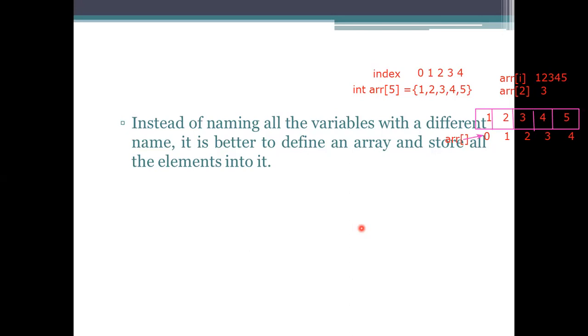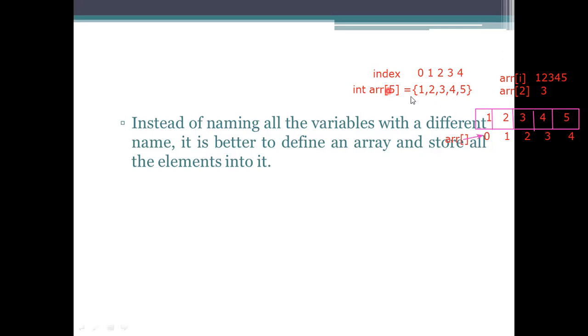and it allows us to access the elements we need. For example, I want to access only the third variable. The third variable is the one which resides at the third position, index 2. So an array gives the flexibility not only to store the values but also to access the values from the first, or you can specify in between also. You can access from the first, or pick any random element for further processing. If it is not allowing that, then there will be a problem.